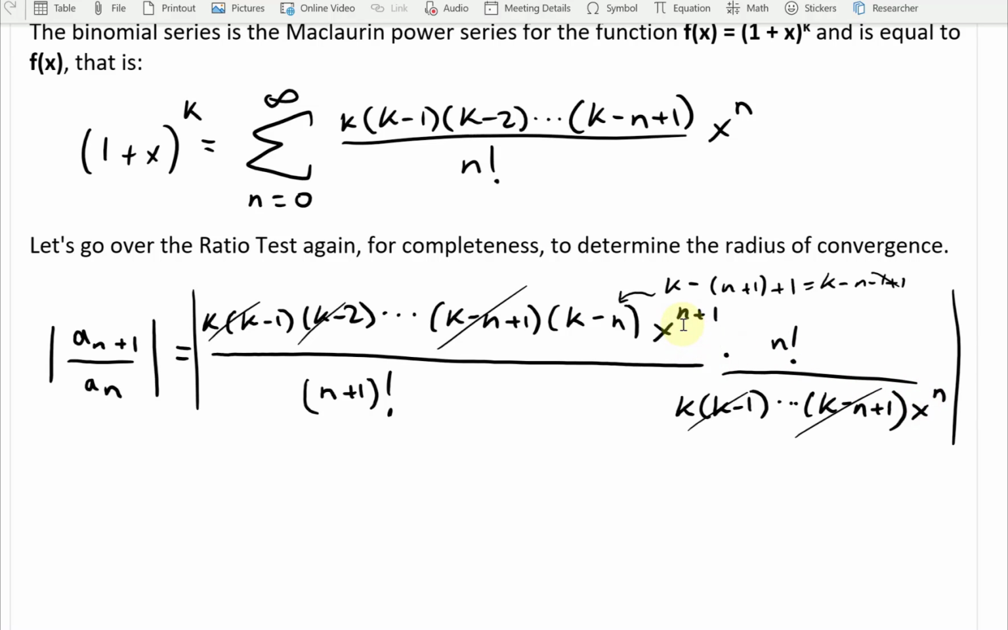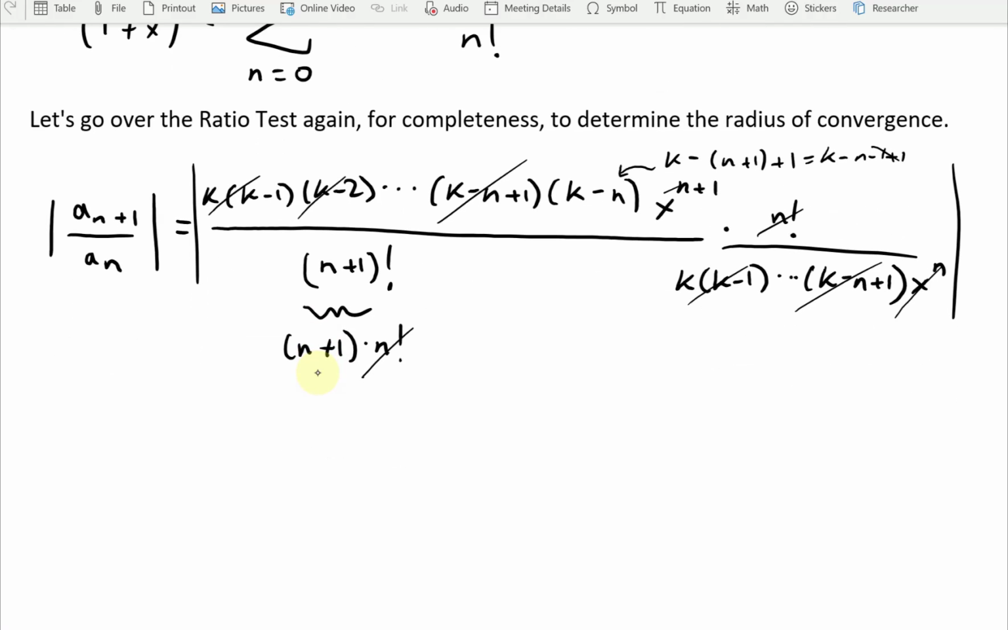Use our power laws, that's going to subtract. So we can actually cancel these out. Then we're just going to be left with x to the power of 1. This is going to be x, like that. And then the next one here, recall, is using factorial rules. This is the same thing as writing n plus 1 times n factorial. So in other words, this would cancel with this. So again, all you're left with is